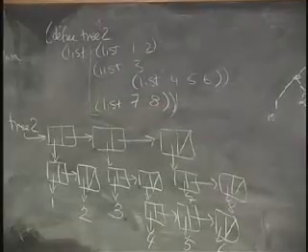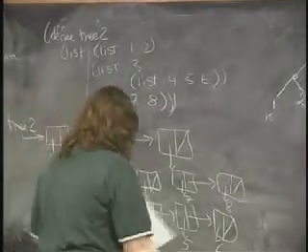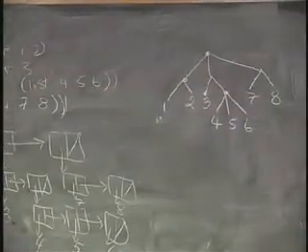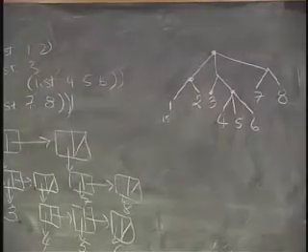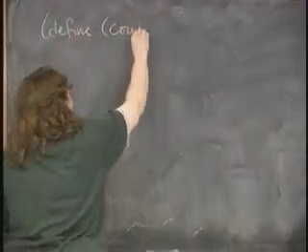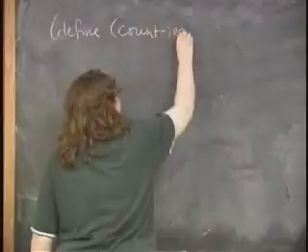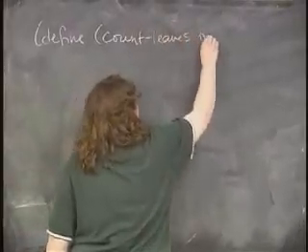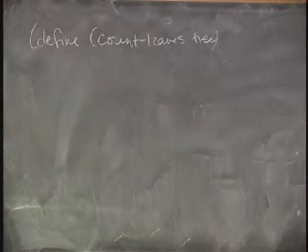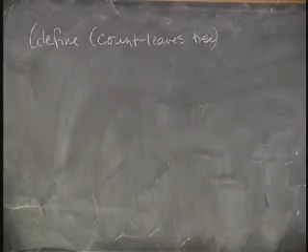So let's write a procedure to count the leaves of a tree. If I did have this tree over here, what would count leaves return? How many leaves are there? 8, conveniently, because I numbered them 1 through 8. Okay, so we've got 8 leaves. The way that we compute count leaves